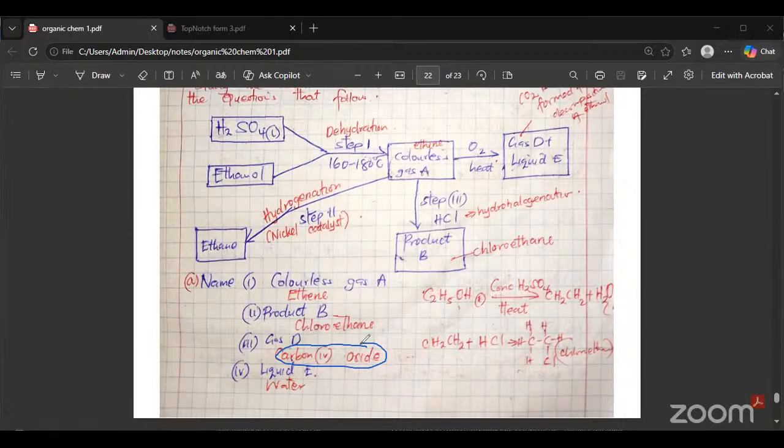Now, liquid E. The good thing about combustion in organic chemistry 1 is the products. All the products are similar. All the products that you get when you burn ethane or ethyne, the product will be